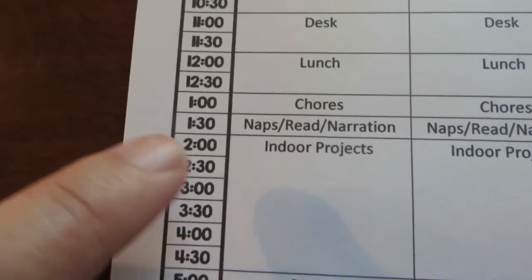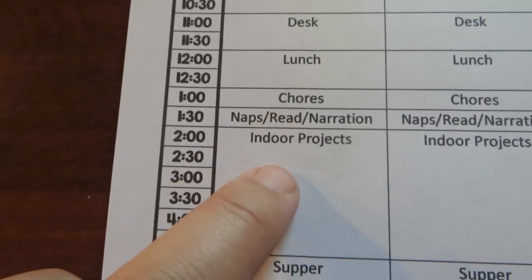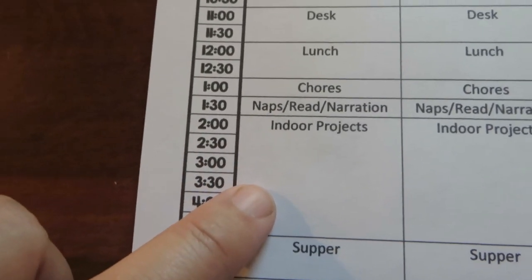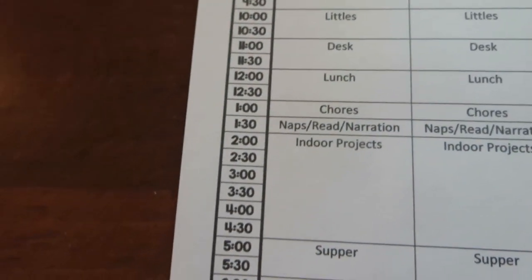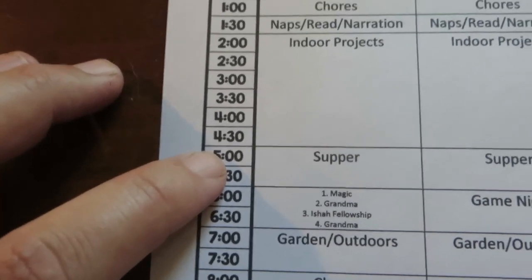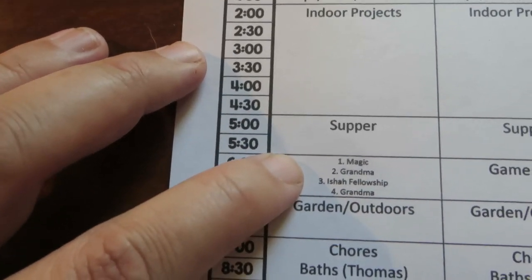But anyways, then from 2 to 5 I'm working on indoor projects, so whatever my list of stuff is that I'm doing, that's the time of the day I have set aside. And during all of that time here, the kids are free to do whatever it is that they would like to do. Then we have our supper hour, and the hour after supper, it just depends on what